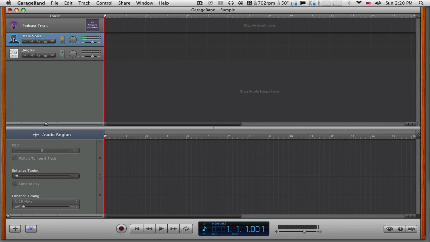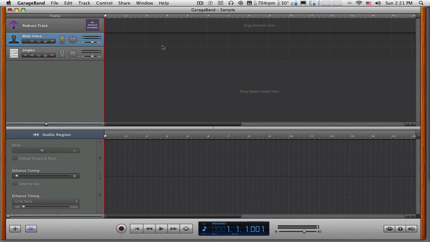So when I select this track, you'll notice this red button comes up, which means that this track is ready for me to record on. And I can see the little levels meter happening here. So if I want to record on this, all I have to do is come down to this red record button near the bottom, and when I click on that,